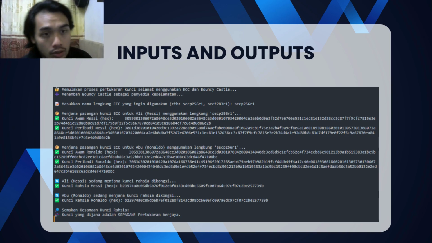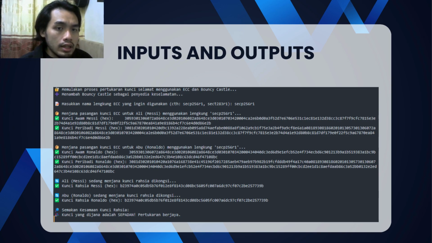So onto the flow of the inputs and outputs, we start with a secure key exchange process, where we have to start with importing certain libraries and files using ECC and the Bouncy Castle provider. Adding Bouncy Castle as the security provider, we can then implement its special algorithms to process all the formulas in the next part of our encryption, where we have a scanner to enter the name of the ECC curve